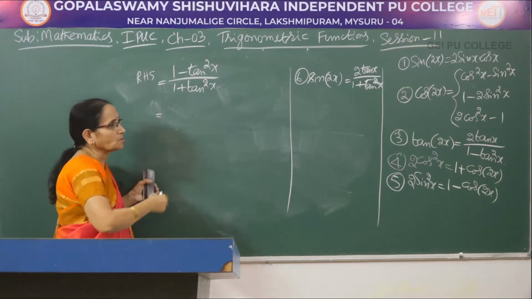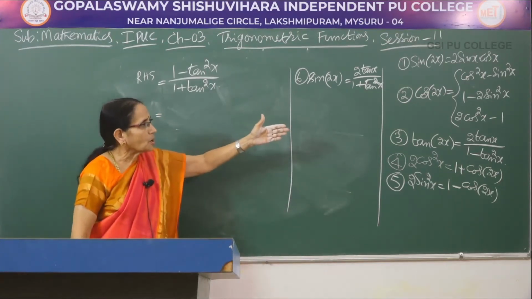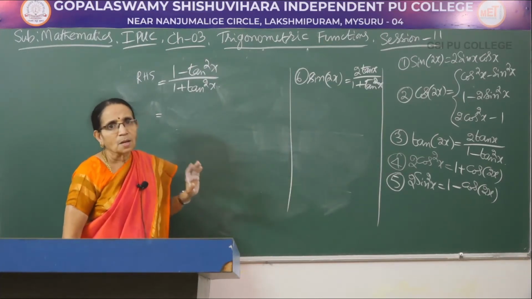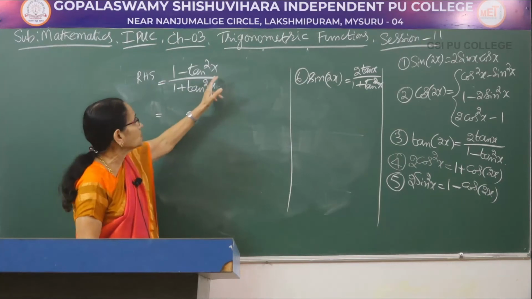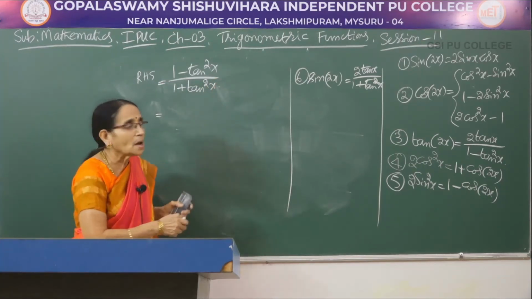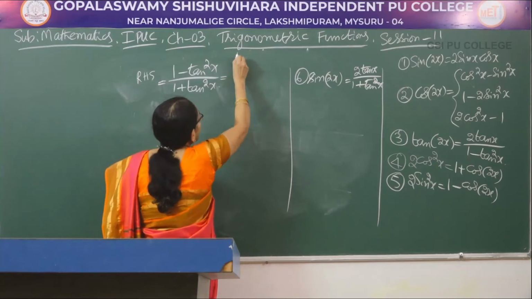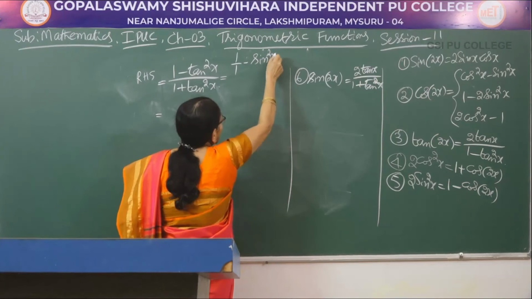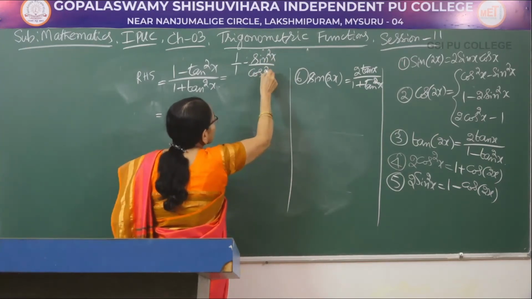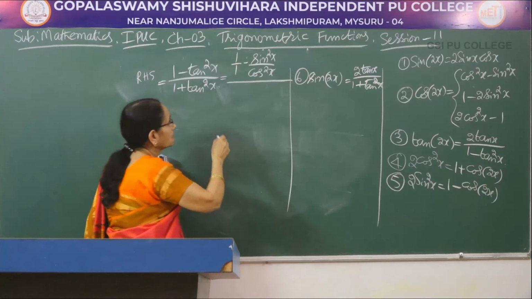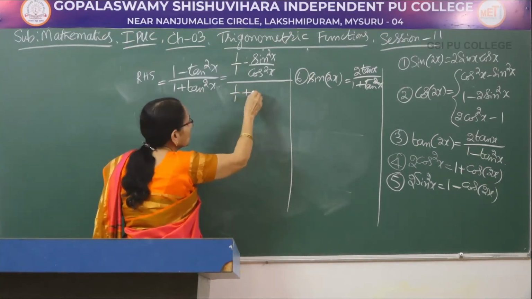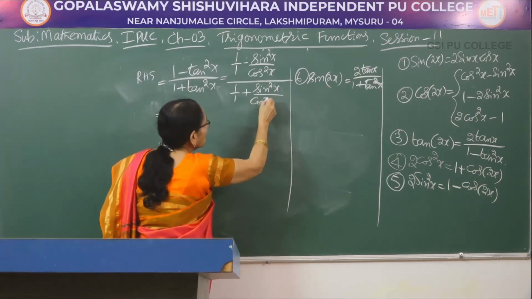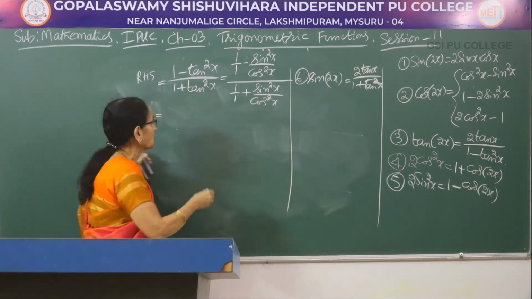Now cos of 2x, you observe all the 3 formulae contain either both cos and sine, or only sine, or only cosine. That again gives us a hint that you have to write tan in terms of sine and cosine. So how do you write this one? Write 1 as 1 by 1. Tan square x could be written as sin square x by cos square x. Now write a lengthy line. Same procedure in the denominator also. Replace tan square x by sin square x by cos square x.